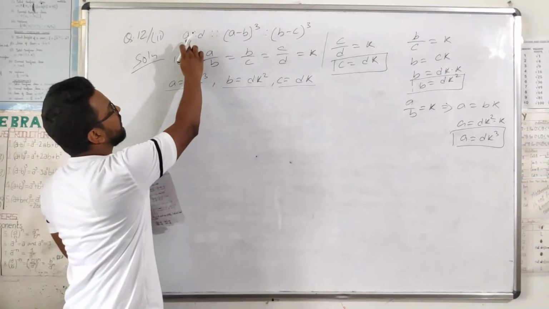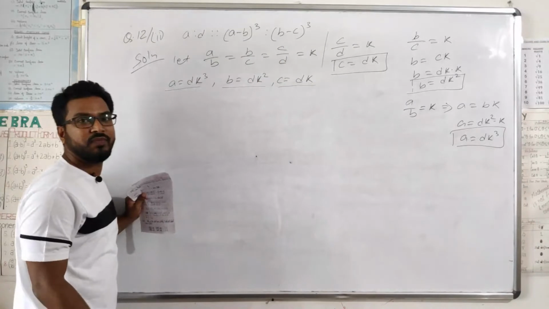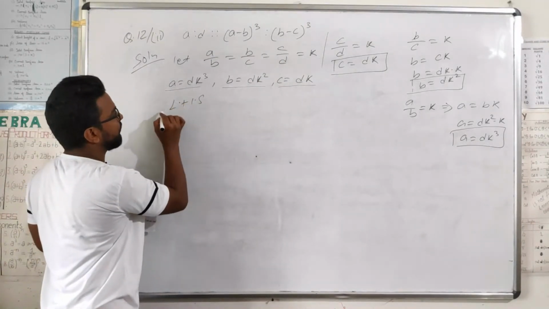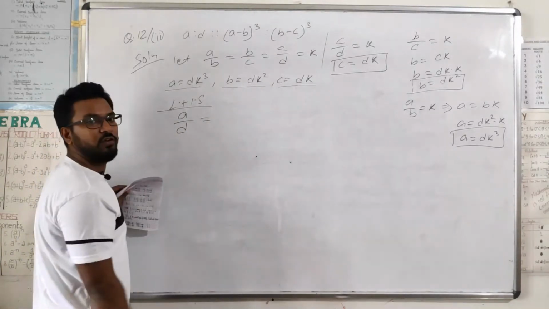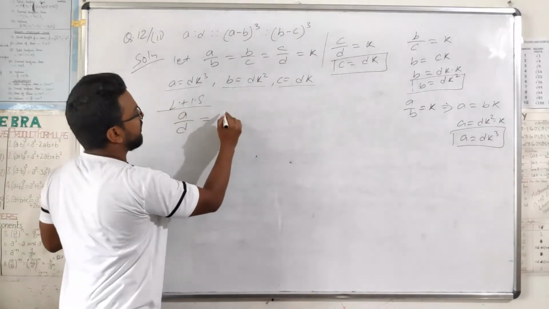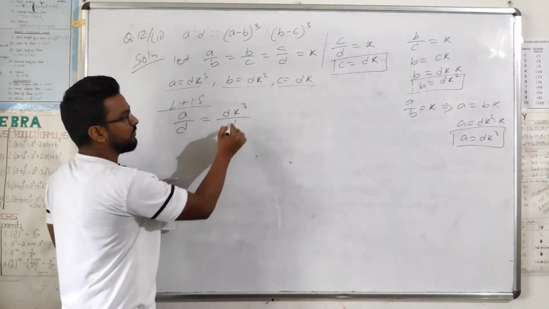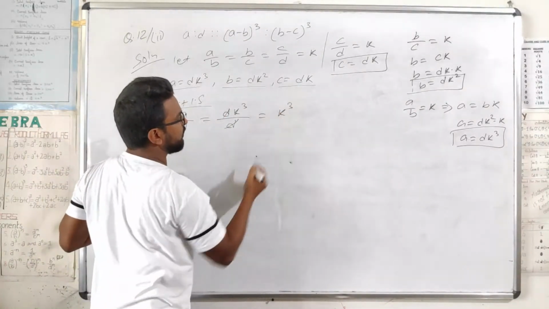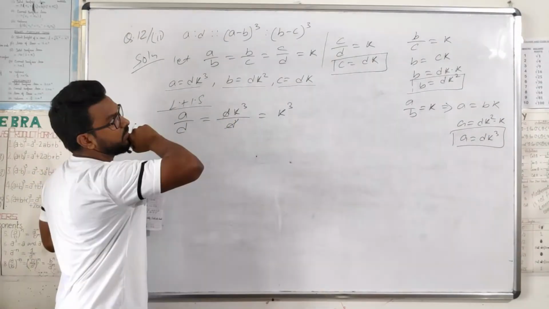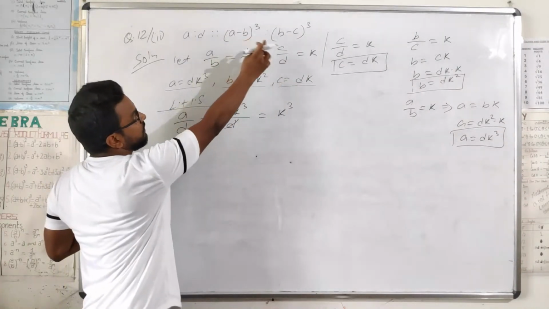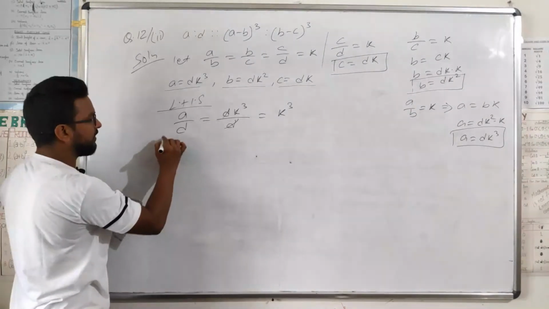Now you have to show that the ratio of a ratio d is proportional to this part. So left hand side it is given a ratio d. Fine. So we'll just put the value of a. What is a? a is given dk cube and the value of d it is not given, so we'll write d. So d cancels, so what will you get? k cube. So the ratio of a ratio d is k cube. Similarly in the right hand side also the ratio of these two should be k cube, then it will be equal. So we'll start the right hand side.